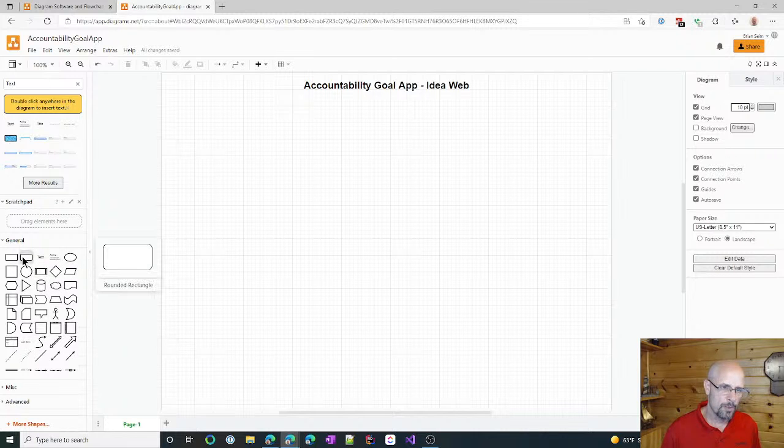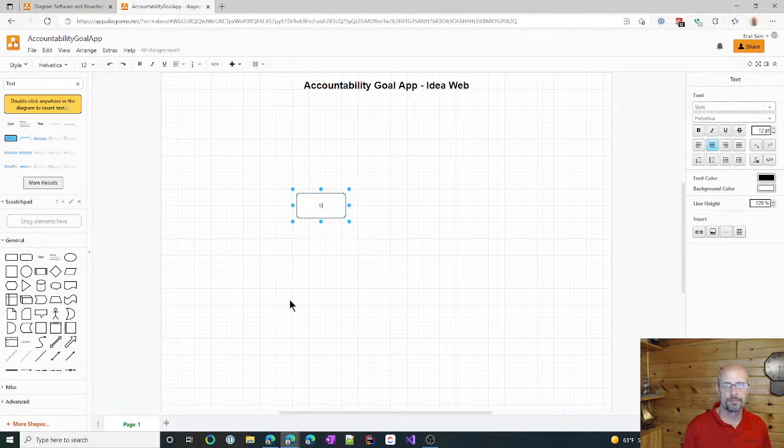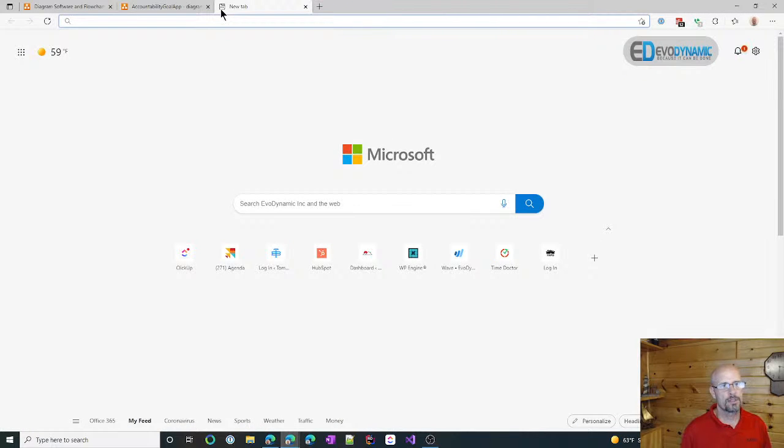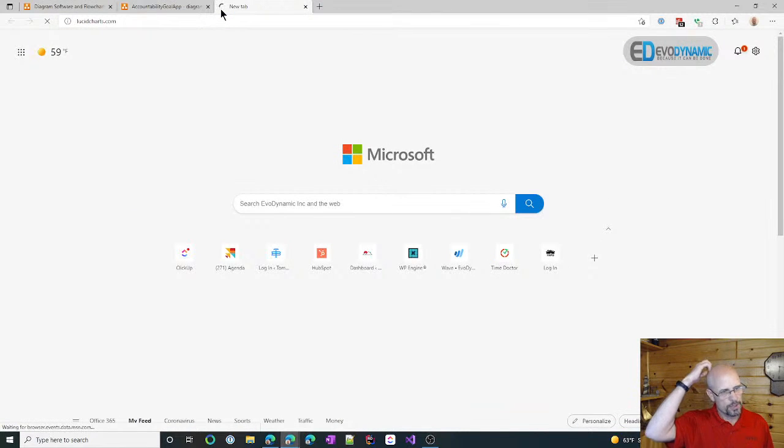I'm going to make a whole bunch of shapes on here. And the first shape I'm going to put on here is a user. I like that. You just drag it on and start typing and you got it. So we got a user, and then I've got friend list. One of the things I did, let's go check out Lucidchart quick, because I have different shapes